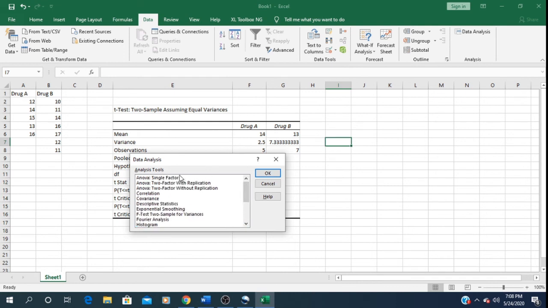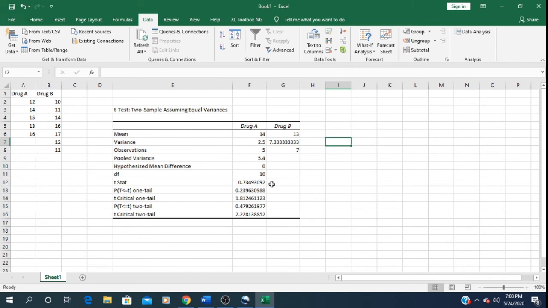It may be ANOVA single factor, ANOVA two factor with replication, ANOVA two factor without replication, correlation, covariance, descriptive statistics, exponential smoothing, F-test, moving average, t-test, z-test. So there are a number of options available within the tool pack which we can easily use without the use of SPSS or other software.